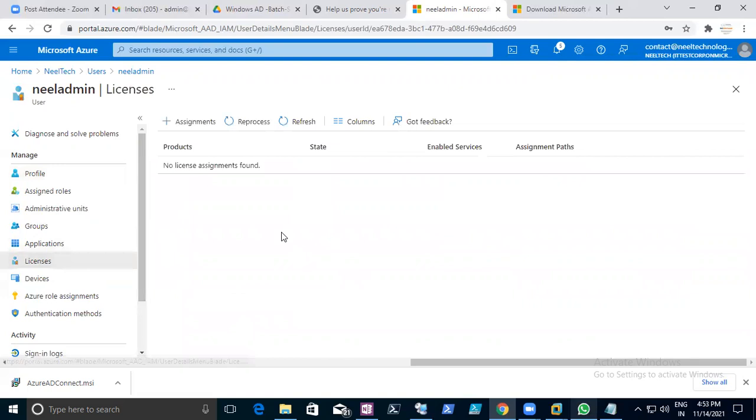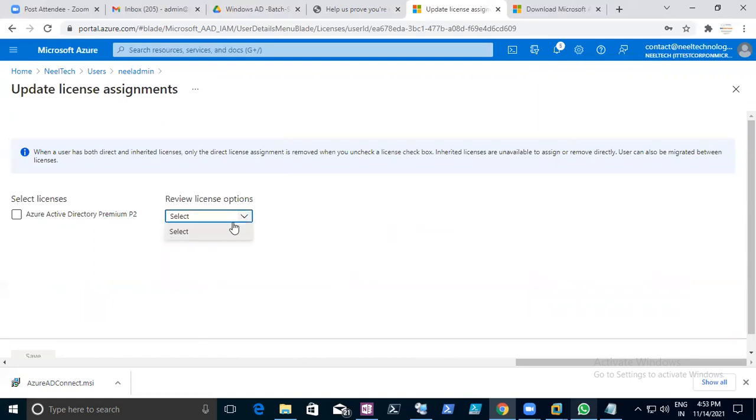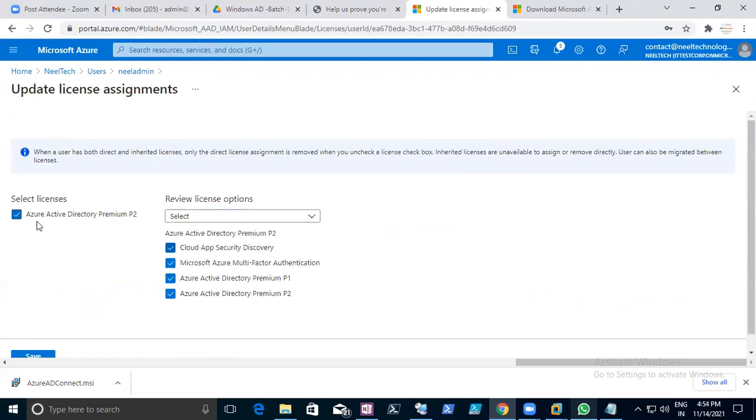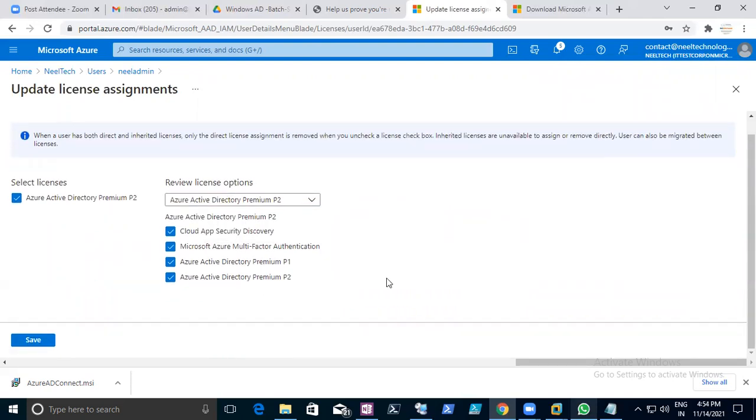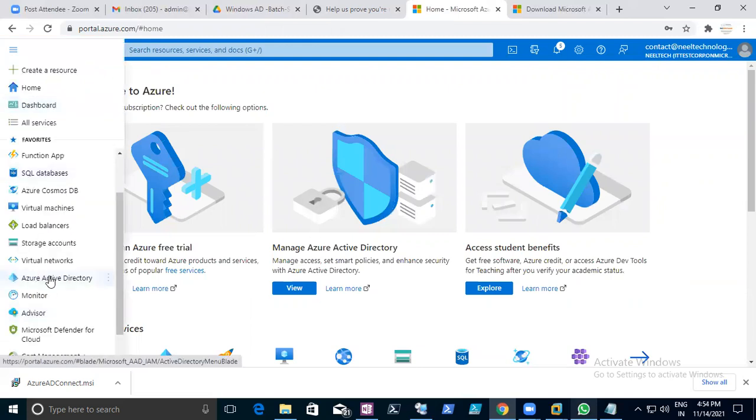License. Assignment. Select this. Premium 2. Not here. You have to go back again. Azure Active Directory.